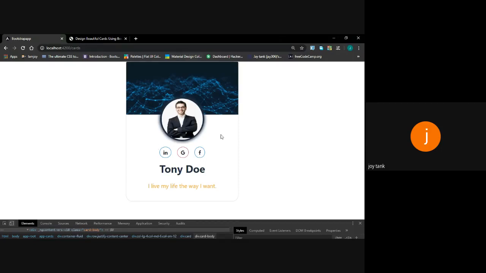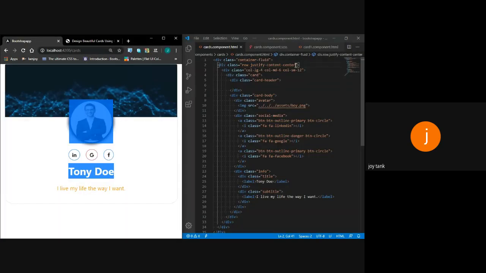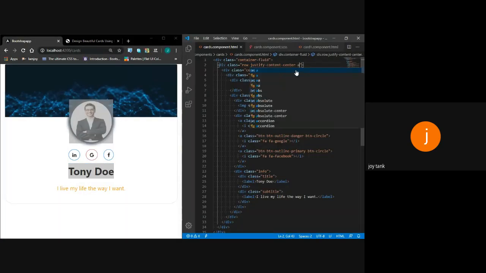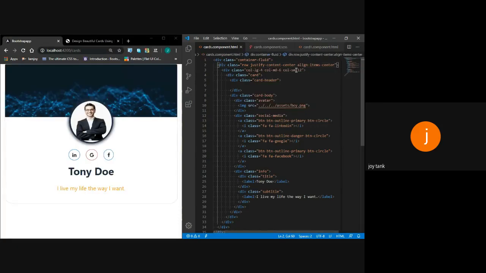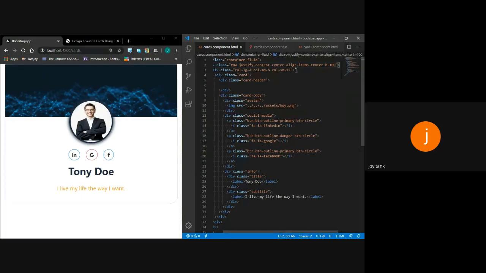Now I want this card to appear in the center of the container. What does it mean? This card should be at the center, meaning it should be placed here. So I will use align-items-center and set the height of the row to 100.